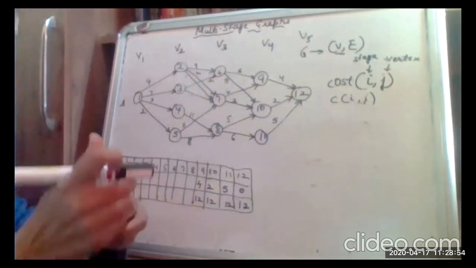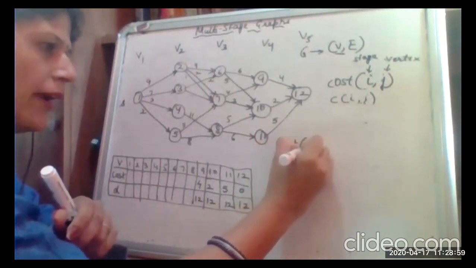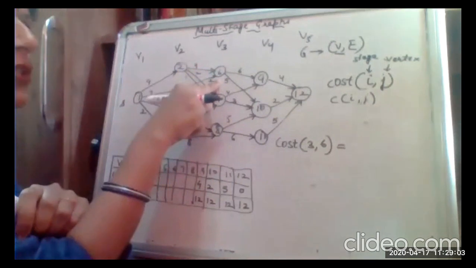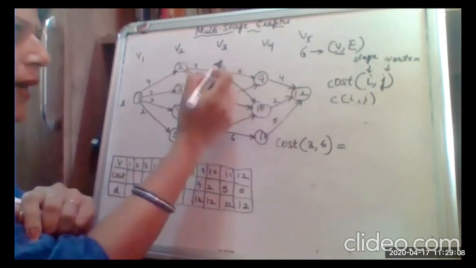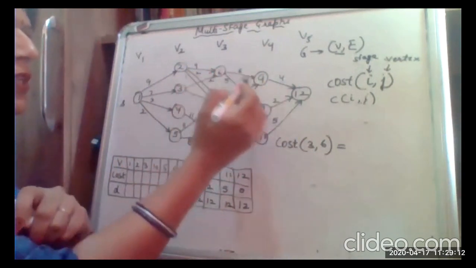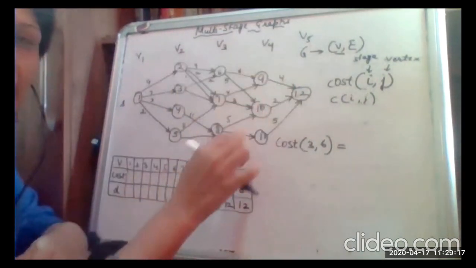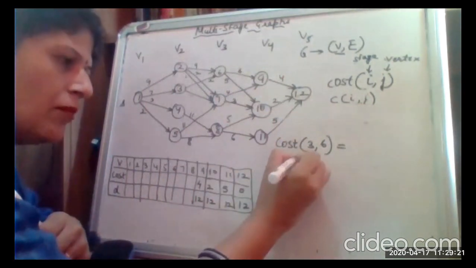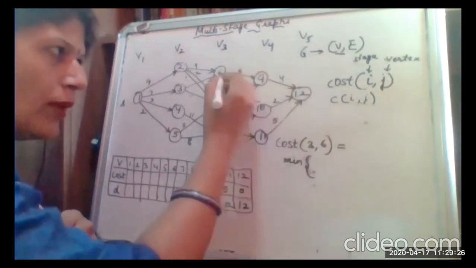So let me first write it in terms of the cost at stage 3, vertex 6. If I have to find the cost for the 6th vertex, I know there are two paths. One is from 6 to 9 and then to 12. Another one is from 6 to 10 and then to 12. So I need to find the optimal minimum cost path. So I can write here the minimum of 2 values. Yes, I have a minimum of 2 values. So